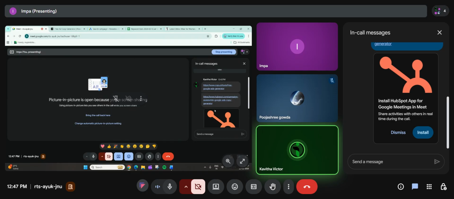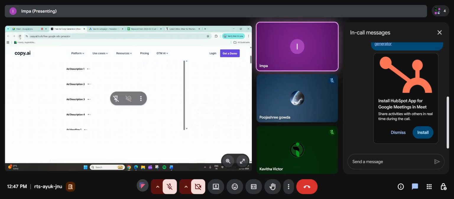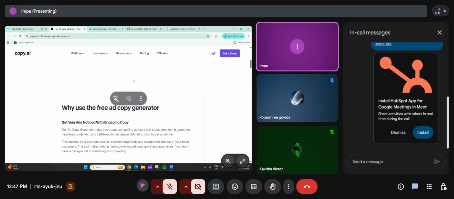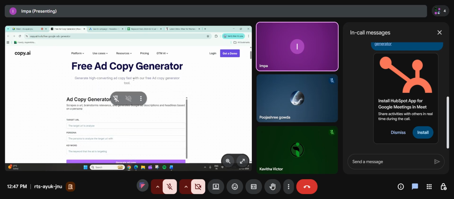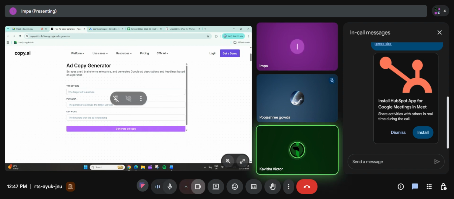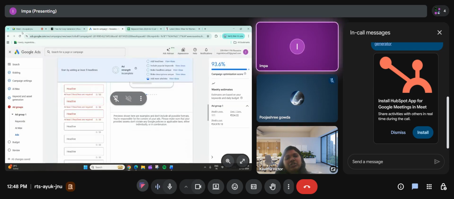Try reloading it once. No, ma'am. Type it again. Or else do one thing, go to ChatGPT. This you can use it, but now go to ChatGPT and generate the title and description, copy and paste it. In future, you can use this too.